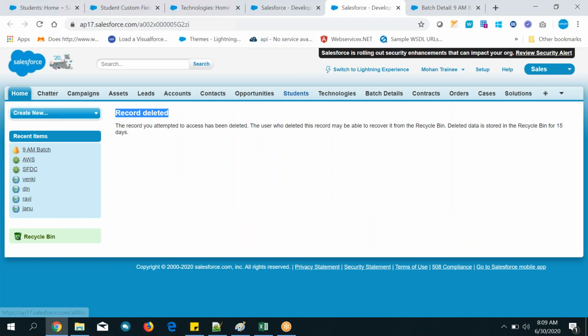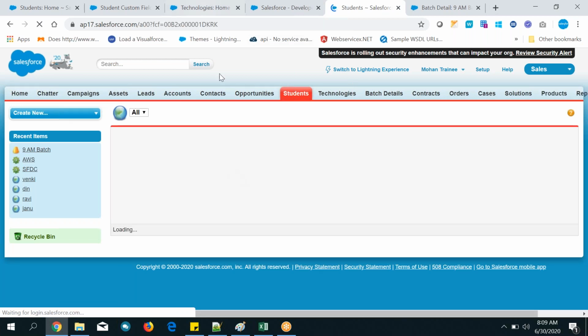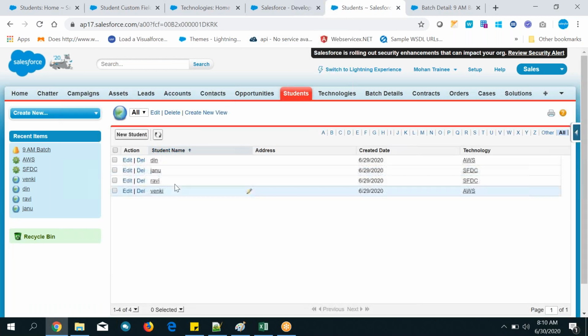Did you observe? So if you go to students, Vani and Rani will not be there. Even if you check there, Vani and Rani are not there, because those records are deleted. Because you have deleted the master record of a master detail relationship.